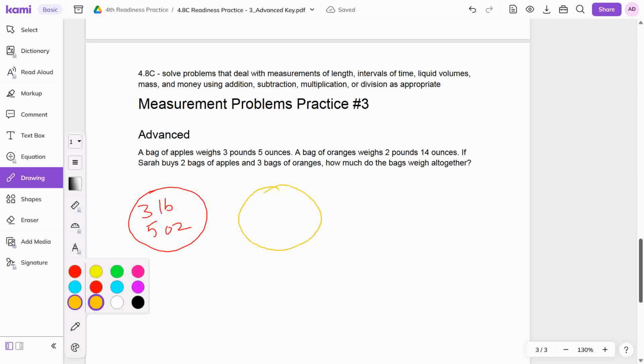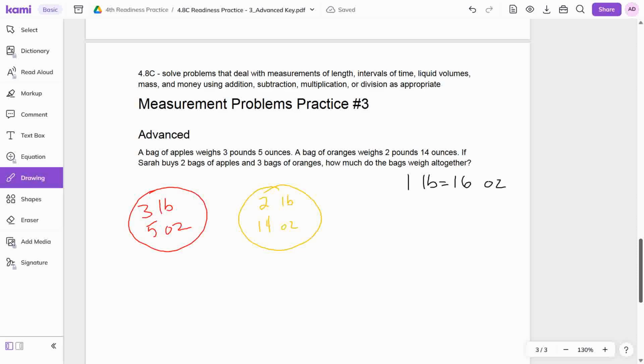I'll just draw an orange here, 2 LB, 14 OZ. And what we need to know here is 1 pound equals 16 ounces. That's the unit conversion that we need. So if Sarah's going to buy 2 bags of apples and 3 bags of oranges, how much does it weigh altogether? All right, so